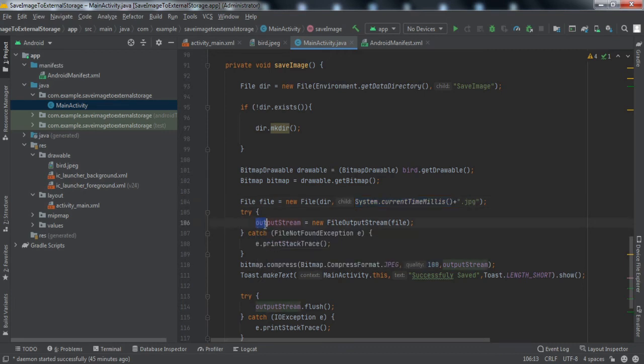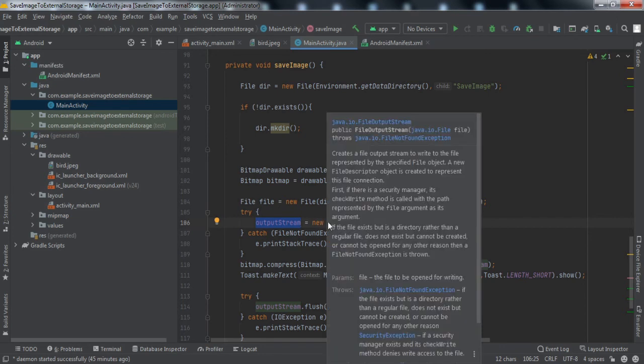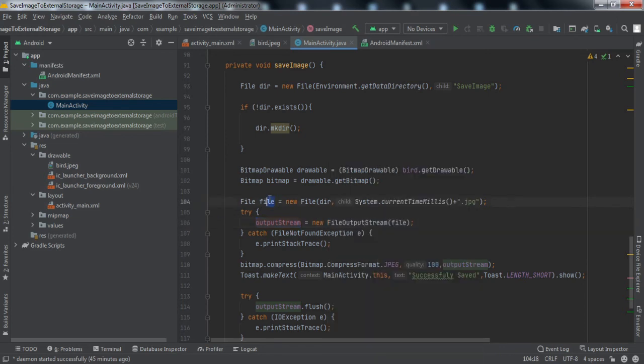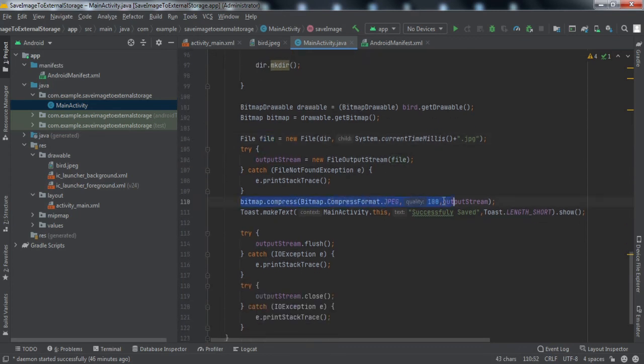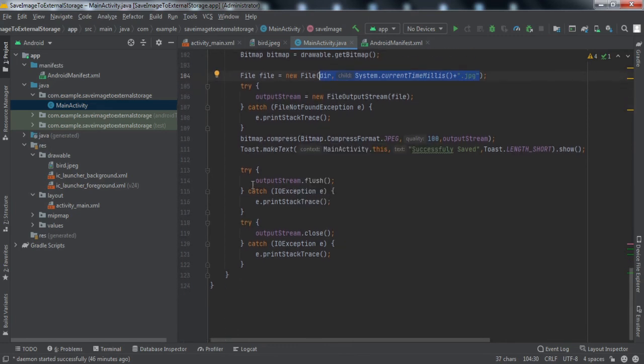So in this try, we have got this output stream object, right? So that will be generated by calling this new file output stream and passing this object as an argument, right? So this method will help us to save the image bitmap.compress, right? Here we have passed the format, the quality should be 100%, and its output stream refers to this particular location, right? So the name of the image we want to save, so this will save that. So after that, we have done nothing. Just once the image is saved, we have called this output stream dot flush and output stream dot, we have closed the output stream for preventing any data leakage, right?